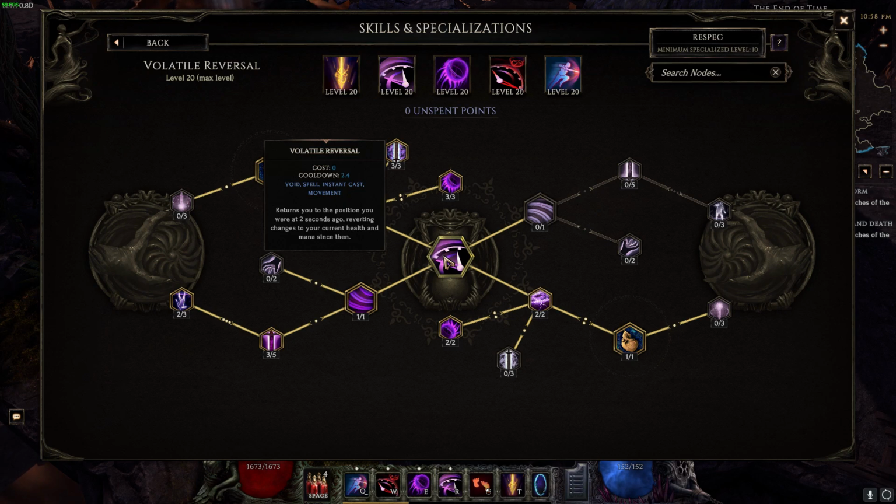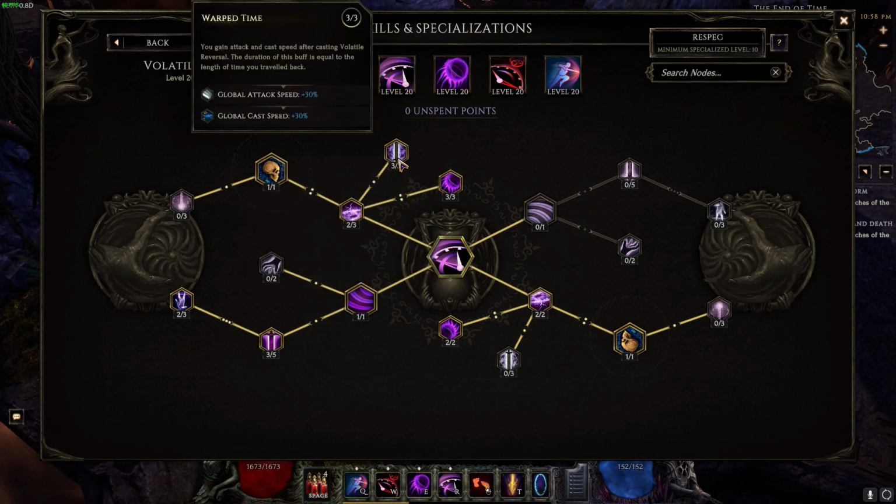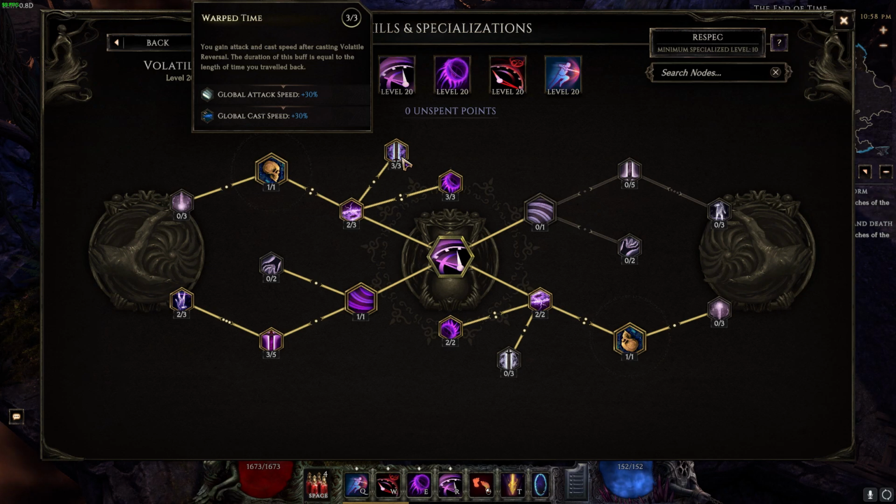back in time. The normal duration you go back in time is 2 seconds. With 2 points in Ancient Reversal, you now go back in time 4 seconds. So your 30% buff lasts for 4 seconds. The cooldown on the skill is 2.4 seconds, which means that you can have more than 1 stack of this